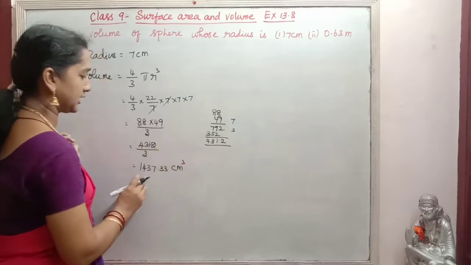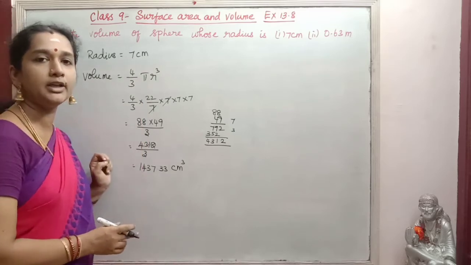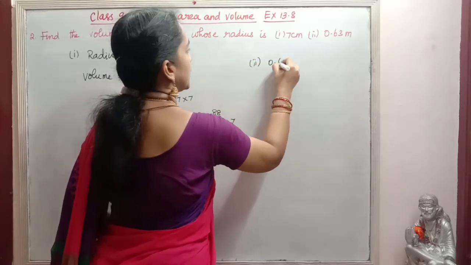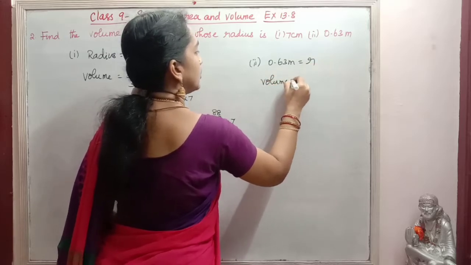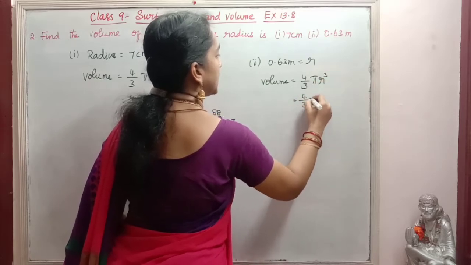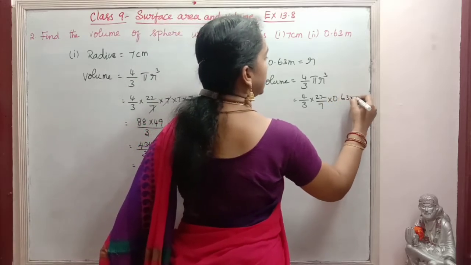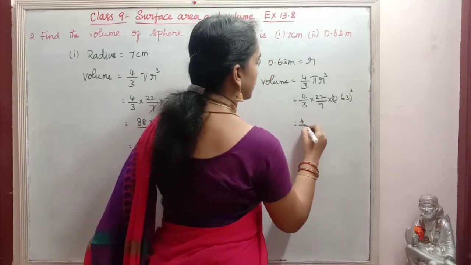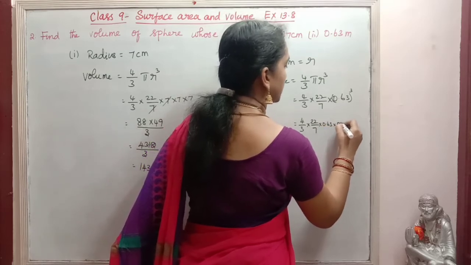So the volume of the sphere for radius 7 centimeter is 1437.33 centimeter cube. Then the second one is 0.63 meter. So this is the radius. So volume is equal to 4 by 3 pi r cube. So this is 4 by 3, 22 by 7 into radius 0.63 three times, 0.63 the whole cube. So this is equal to 4 by 3 into 22 by 7 into 0.63 into 0.63